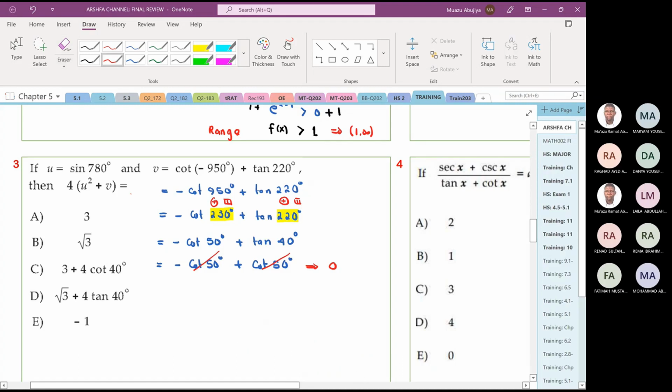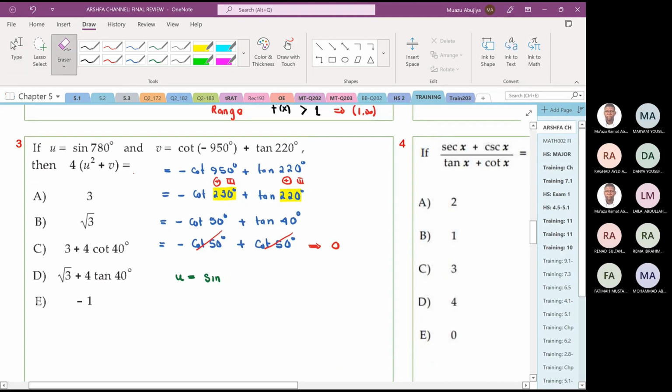Now, we are done with V. Let us now find U. What is our U? U is equal to sine of 780 degrees. If you look at it very carefully, you see that the angle is greater than 360 degrees. So we are going to find the coterminal angle again. If we go around the circle one time, that is 360, two times is 720 degrees, three times is 1080 degrees. But the angle is not up to 1080, so we are going to subtract 720. So here we have 780 degrees minus 720 degrees,